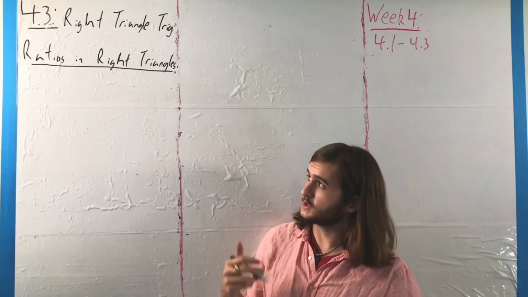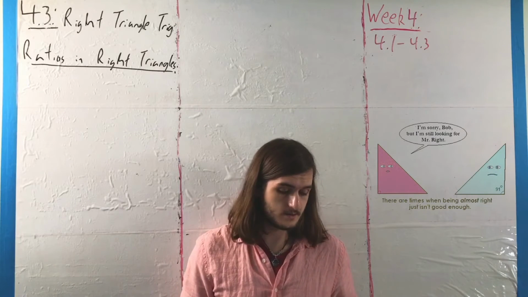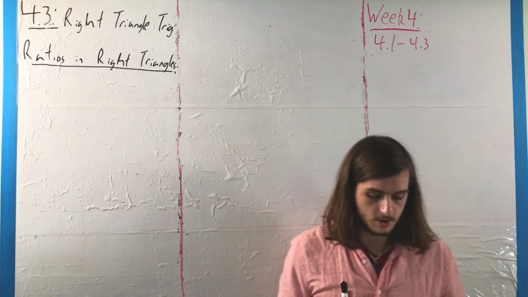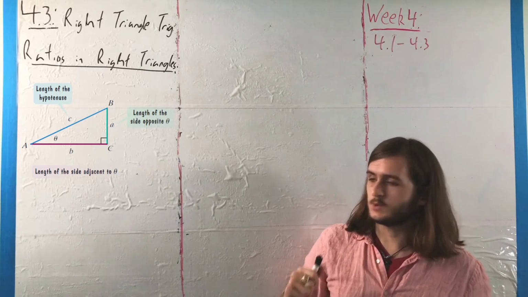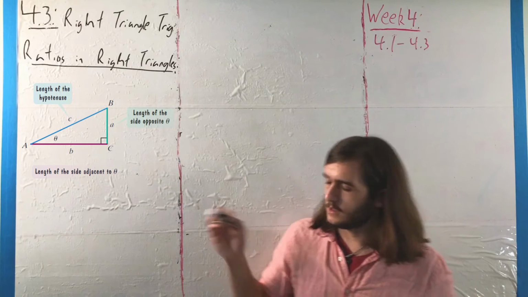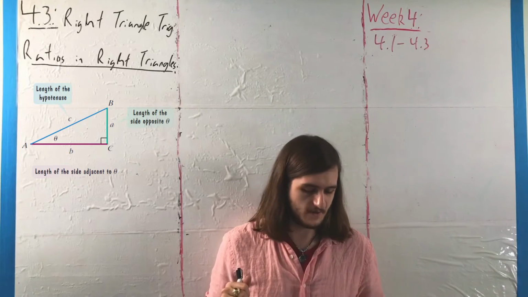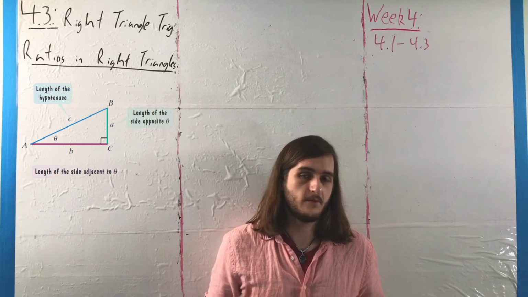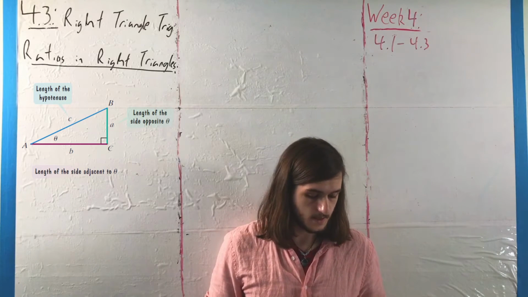So now we're going to move into section 4.3, where we're going to be talking about ratios in right triangles. That is, we're going to be looking at something like this picture here, where we're trying to talk about the relationships between those side lengths, the angles in there, not the right angle though, because, well, that one's not as interesting, and the trig functions, where in particular we have a fairly, hopefully, well-known set of relationships that if we